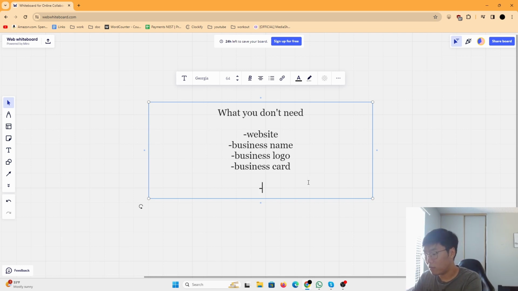Another thing that I thought I needed, but you don't, is to register your business. Again, this shouldn't be any sort of legal advice or anything, but I didn't register my business, and I don't think you need to, especially when you're starting out. If you need to later down the line, cool, but make money first and then worry about whether or not you need to register your business.